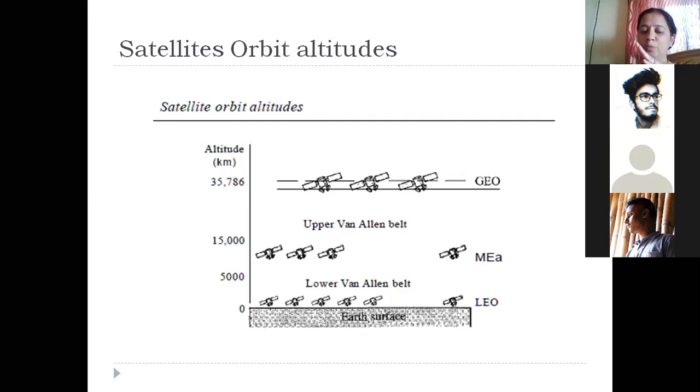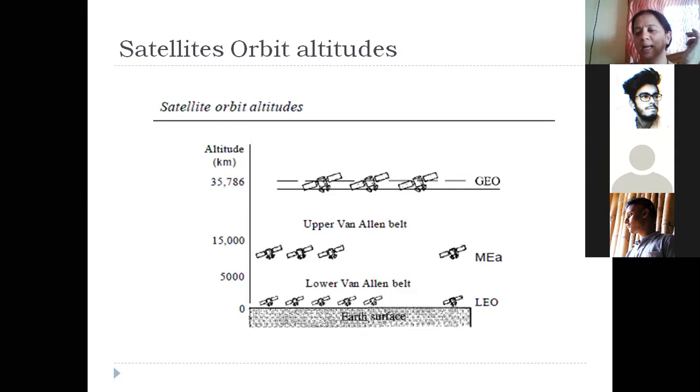And there are satellites which go beyond that, where the height above the Earth is between 5,000 to 15,000, or maybe up to 18,000. If your satellites are orbiting the Earth in that range, then they are called medium Earth orbit satellites. But if you have certain satellites which go beyond 15,000, or in fact above 35,786 kilometers, then those satellites are called GEO, that is